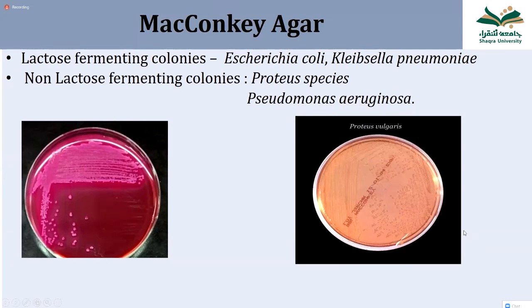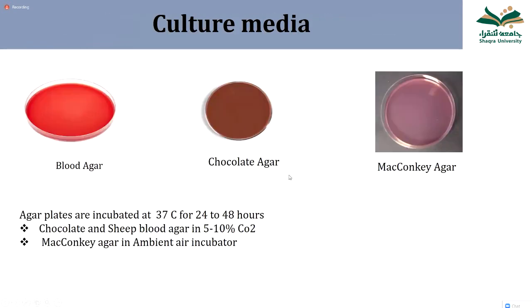The left picture, incomplete hemolysis. My dear Saad, this is McConkey agar. In McConkey agar, hemolysis cannot occur. Hemo means what? Hemo means blood. So for hemolysis to occur, blood is needed. So is there blood in McConkey agar? No. So you should not say hemolysis. Hemolysis is important only in blood agar. Don't say hemolysis in chocolate, don't say hemolysis in McConkey.